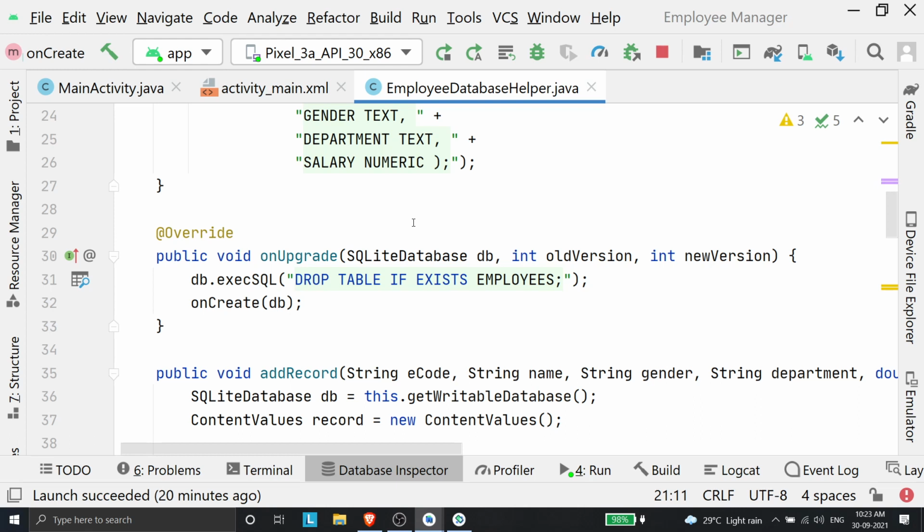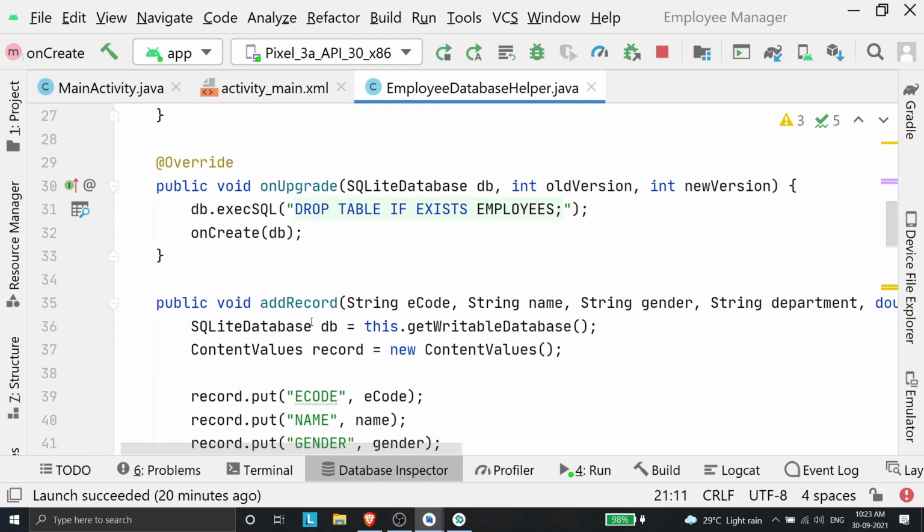The onCreate function will not be called because it's already existing. So at that point, what I need to do is upgrade the existing table. If there are any changes to be made to the software, I need to just call the onUpgrade function. If the database is already existing, I just call the onUpgrade function. It will be called by default, and it will create the changes if any. I don't have any changes, so I've just dropped the existing table and created a new table. But you do not need to even type this out. This is not really necessary.